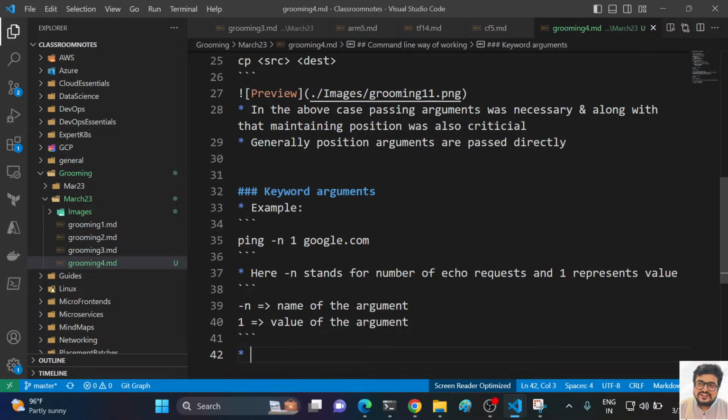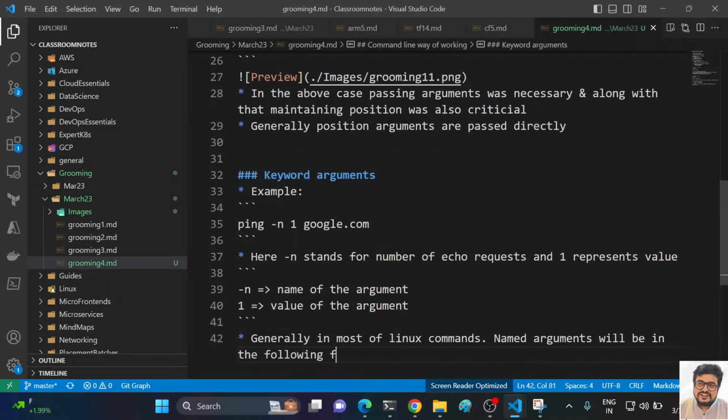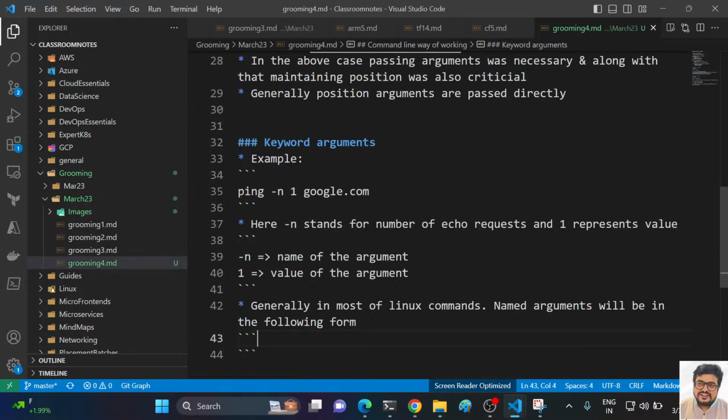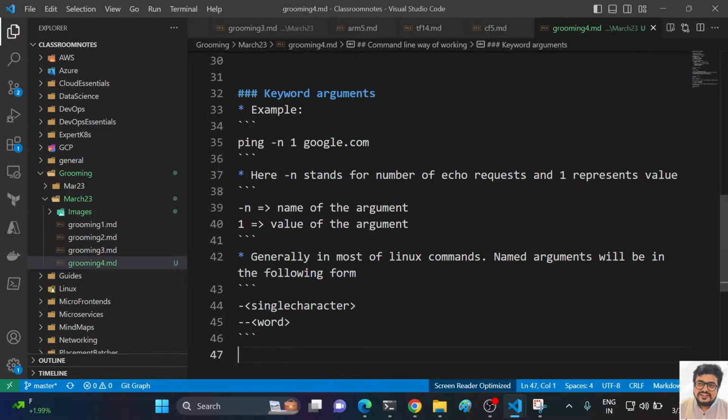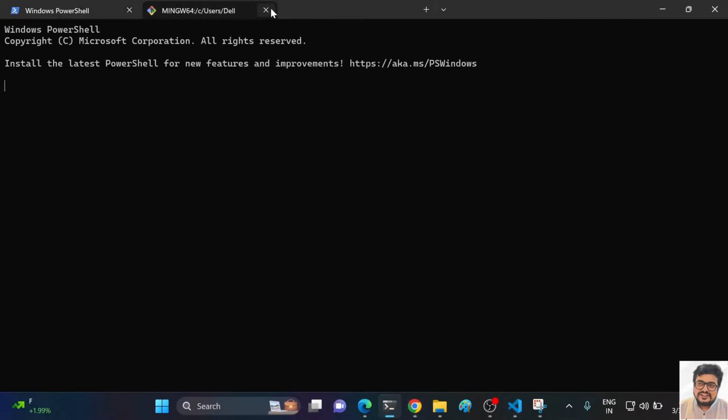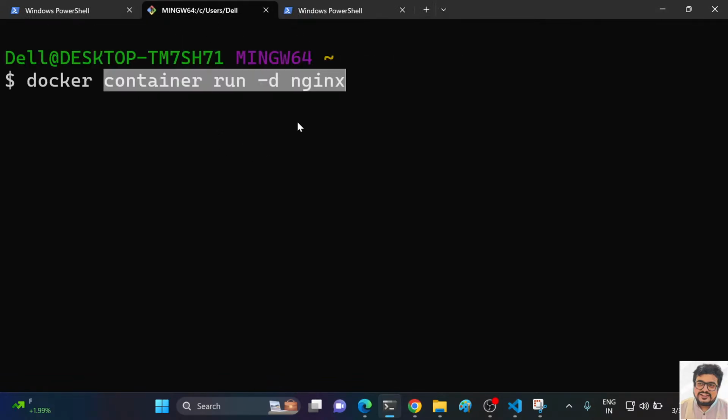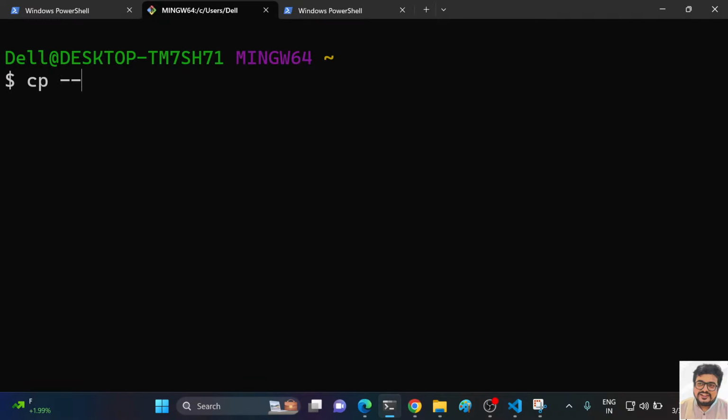Generally in most Linux commands, named arguments or keyword arguments will be in the following form. Whenever they give a single hyphen, they give a single character. When they give a double hyphen, they give a word. For example, if you are working on a Linux machine, this is Linux kind of stuff itself. Now let me try cp hyphen hyphen